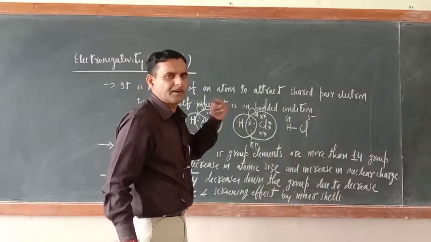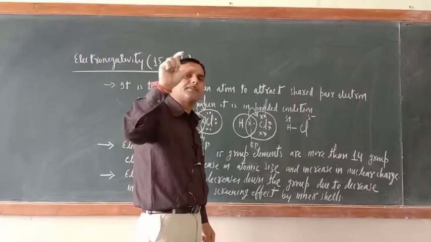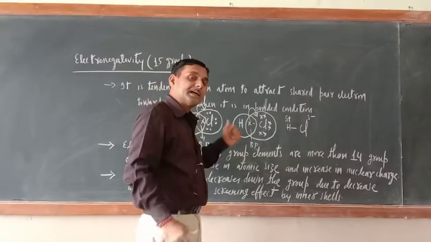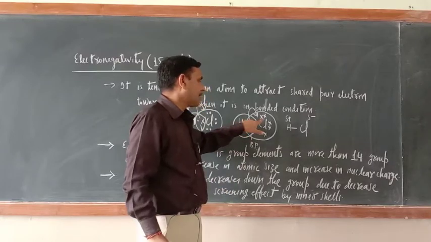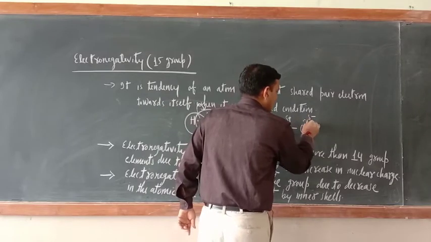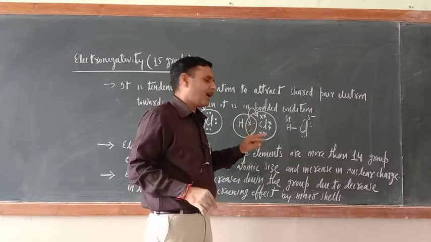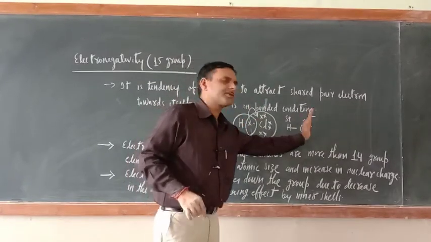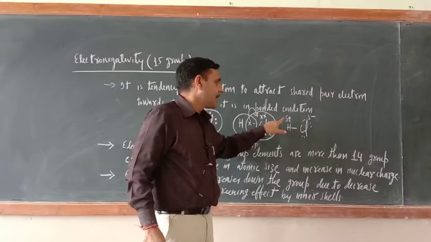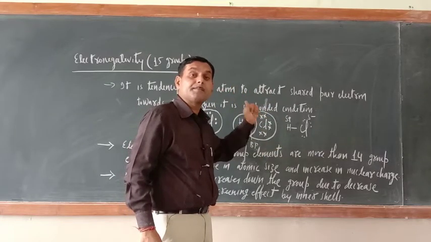According to the rule of covalent bonding, the bond pair electron should lie exactly in between the bonded atoms, but Cl electronegativity is more than that of hydrogen. So these bond pair electrons will be shifted towards the chlorine. Chlorine will have a little bit more electron. That is why it will acquire a partially negative charge, and hydrogen will have a dearth of electron, that is why it will acquire a partially positive charge.